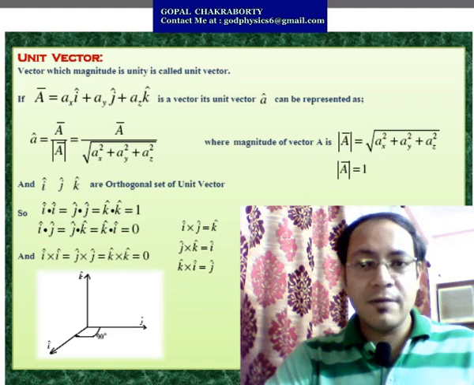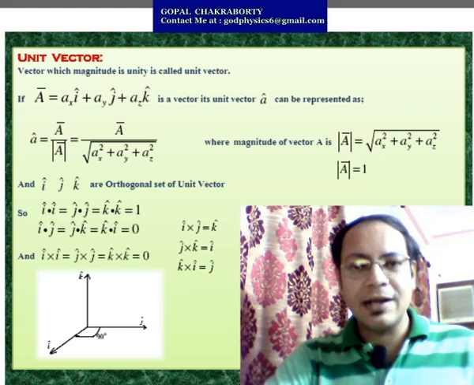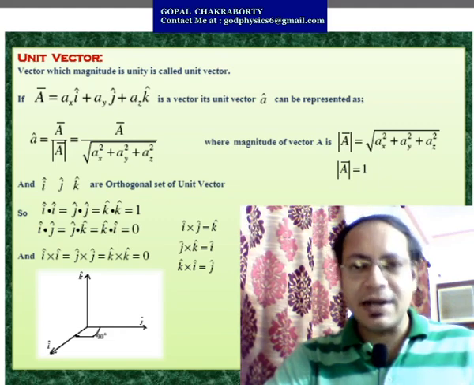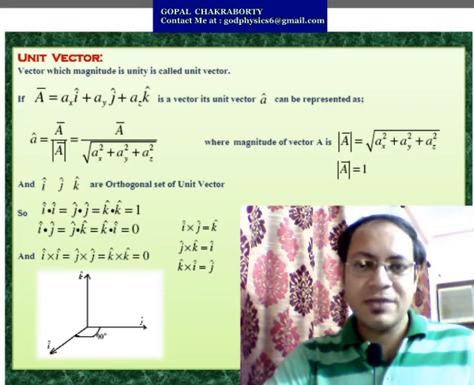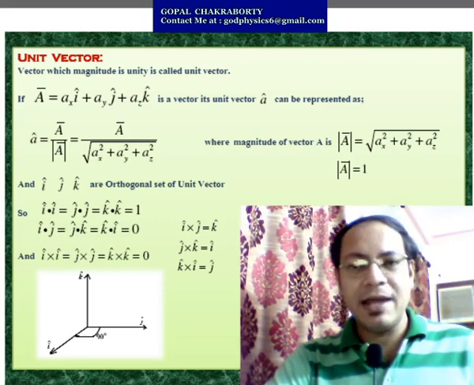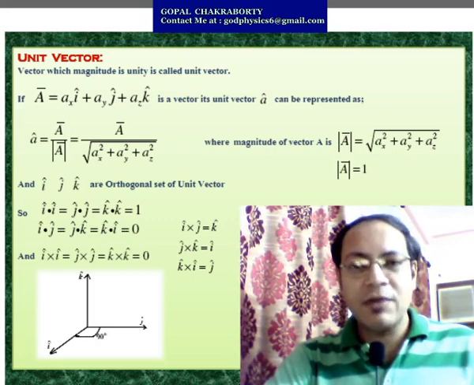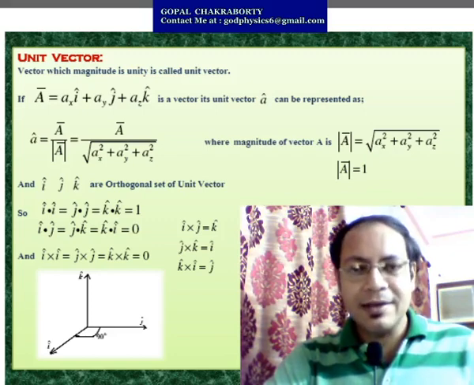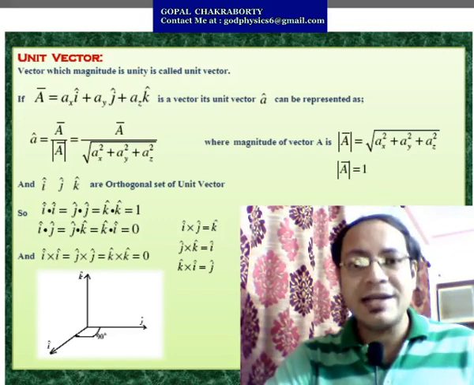Now lots of different kinds of vectors are there. At first, the one is the unit vector. So what is a unit vector? The vector whose magnitude is unity. That means it has a direction but its magnitude is 1. So how can you find a unit vector? A unit vector can be represented by that vector divided by the modulus of that vector. That means when you divide a vector by its magnitude, that will give you only the magnitude 1 with a direction, which makes it a unit vector.